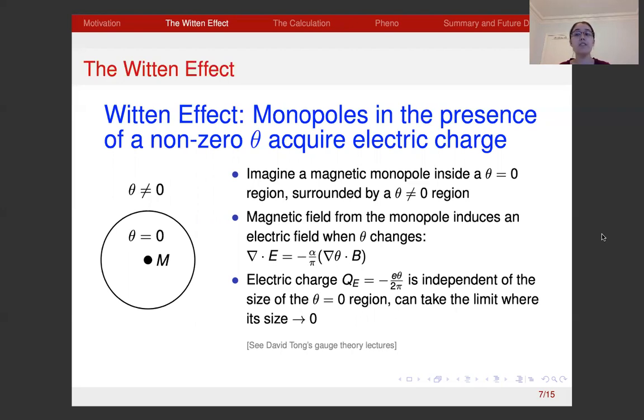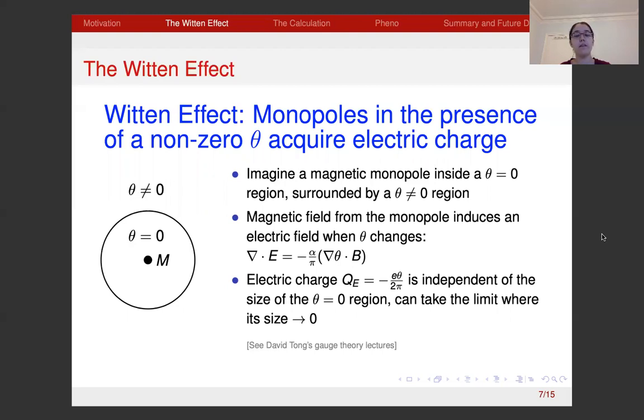Now, the modified Gauss's law in the presence of a changing theta here is del dot E is equal to minus alpha over pi times the gradient of theta dotted with B. And all this tells us is that the magnetic field from the monopole induces an electric field when theta changes across this boundary. So the right-hand side of this equation is non-zero, which is going to give us a non-zero